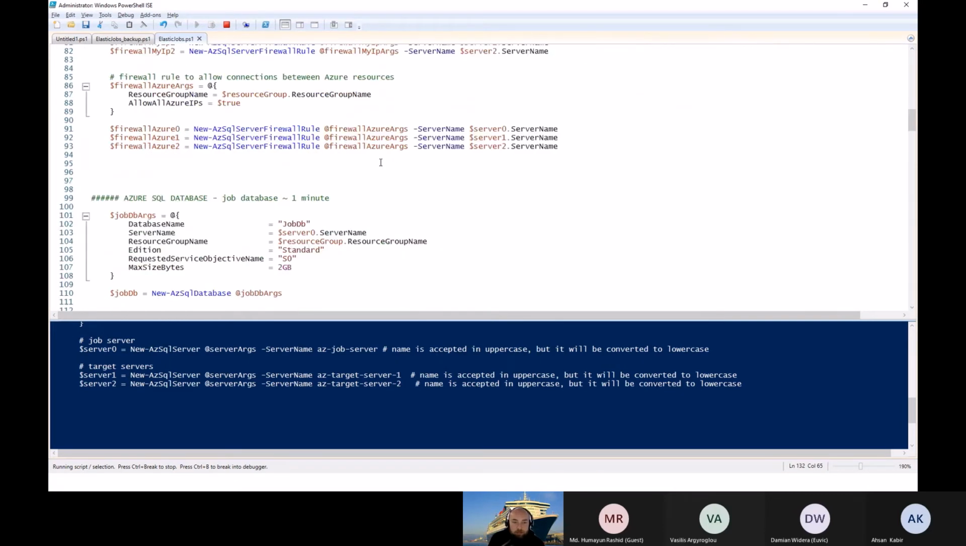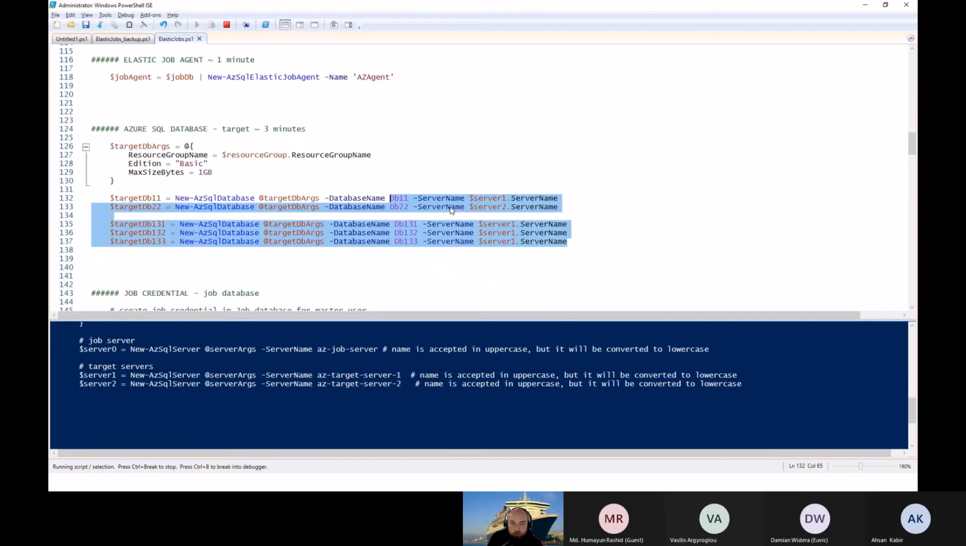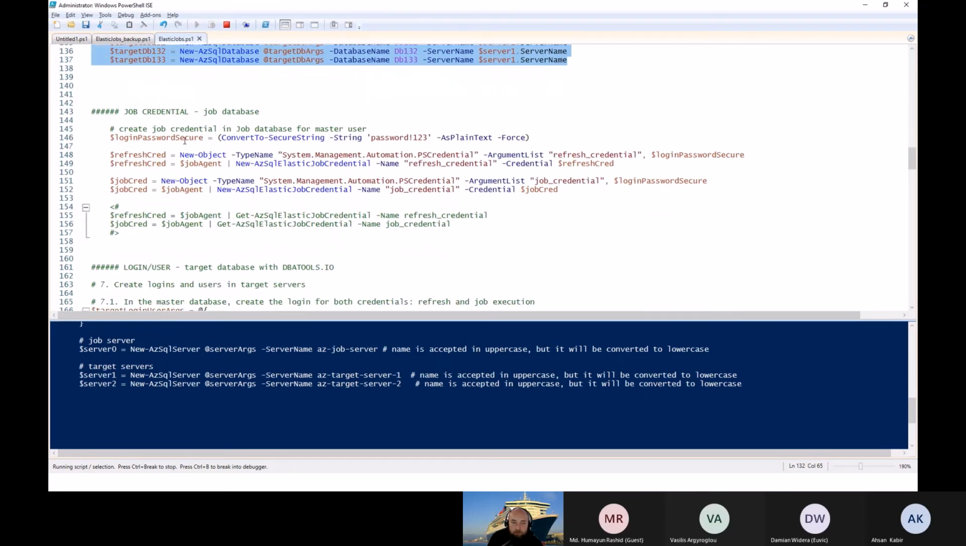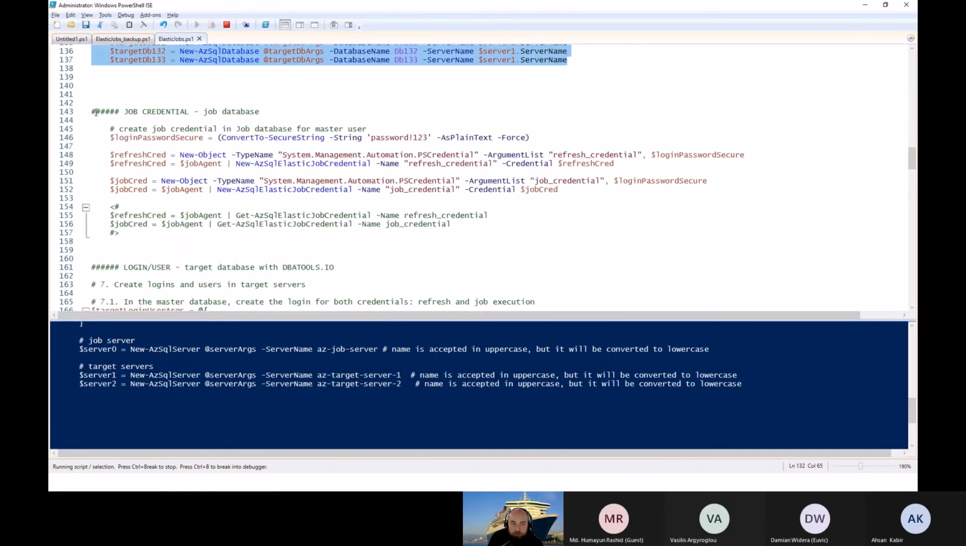Okay, so let's maybe keep talking about the plan, what we are going to do next. This bit might be interesting. I will still have time when I'm going to create the databases, but this is the bit where I am not using the Azure SQL module. I will be using the DBA tools here. So for job credentials, I'm using the Azure SQL because I need to create the credentials, and